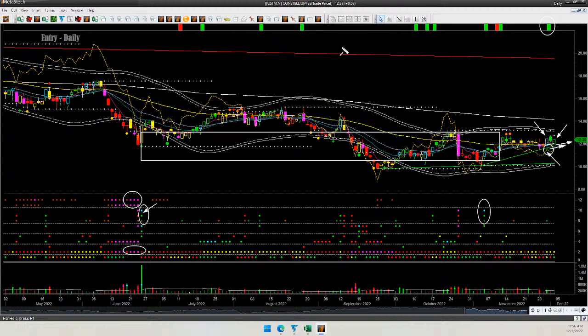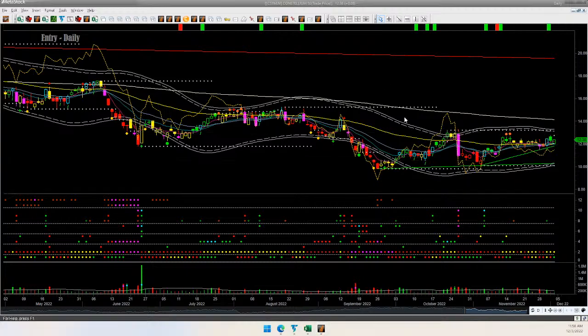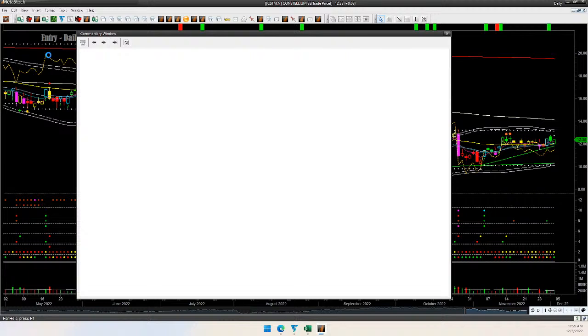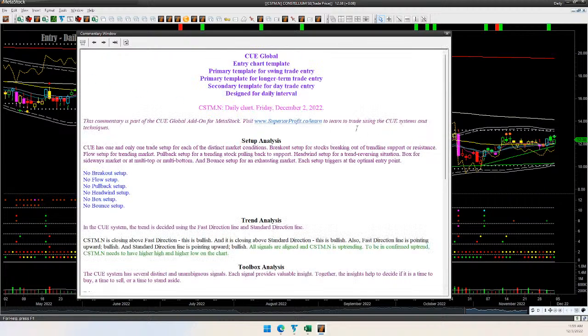Exactly where, you could decide using the Q stop chart template. Now I'll also show one thing. I'm working on the commentary. It's a very nice feature of Metastock, and I'm writing the Q commentary on Metastock. Let's open the commentary. This is a way to read the chart, especially if you are new to Q systems or you want to refresh your Q systems. You don't want to miss anything valuable while trading.